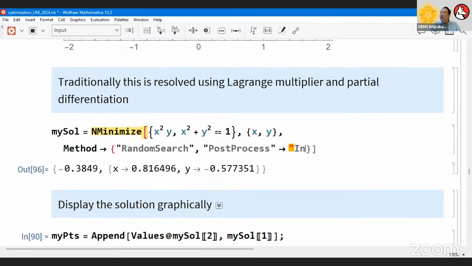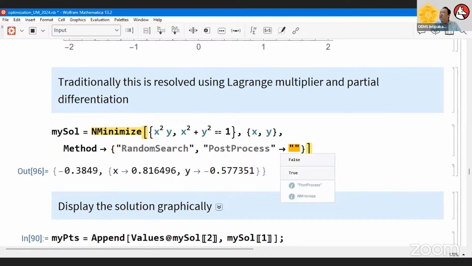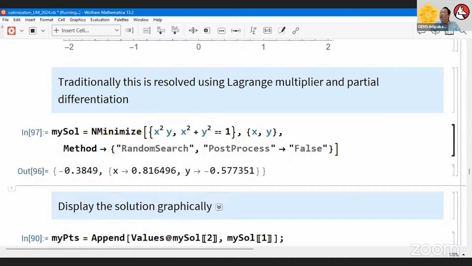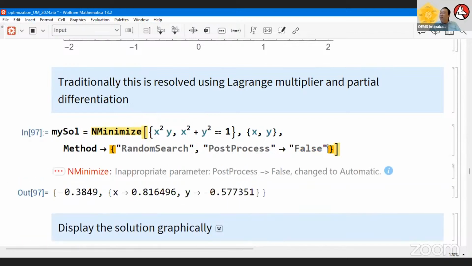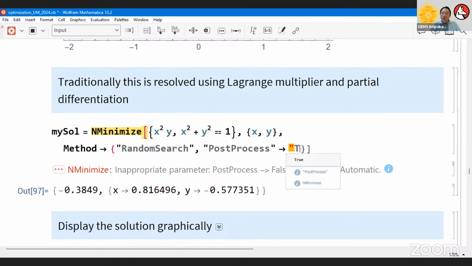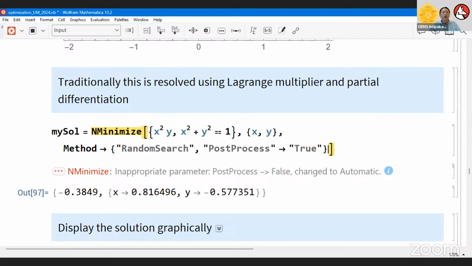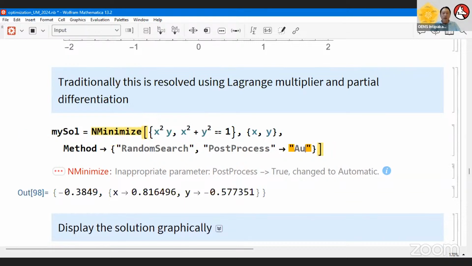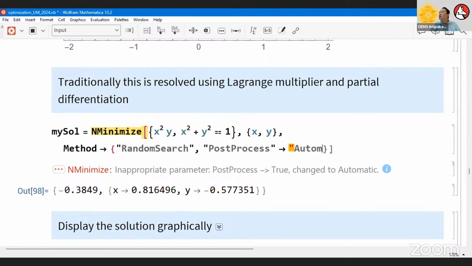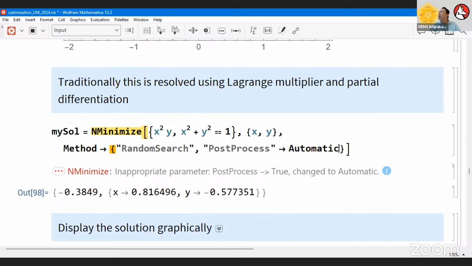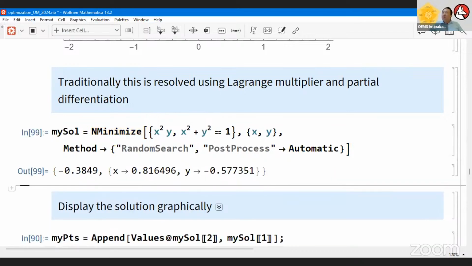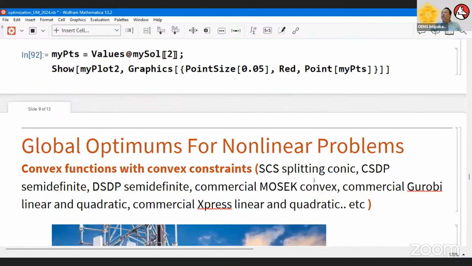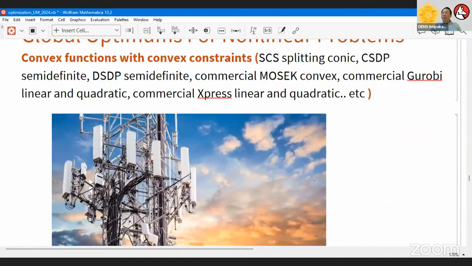And every time, if you want to use some of the built-in things, you can follow some of the steps that you want. For instance, here I say, give me the automated one. I don't want to specify the interior point. I say choose it for me, and the system chooses for me. I change it to Automatic instead of True. Yeah, here we go. So you can see here, I can go into very many manual manipulations if I want to.